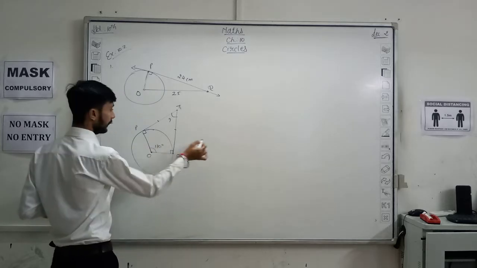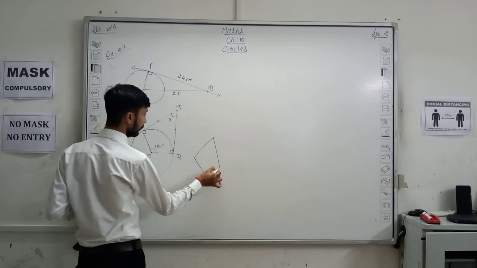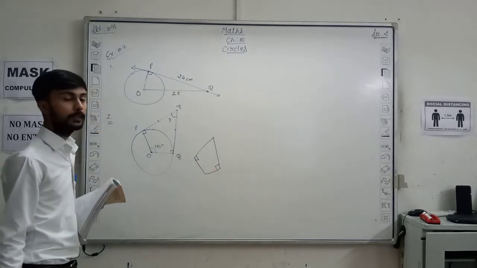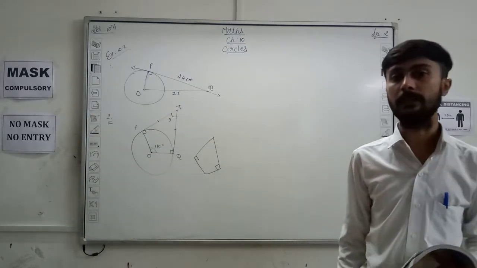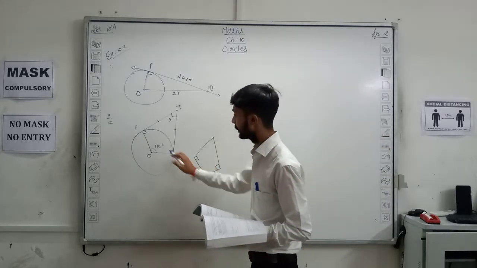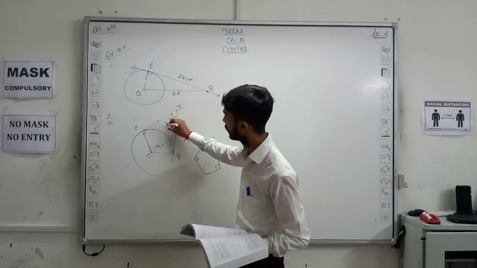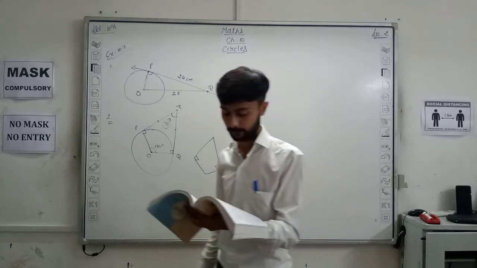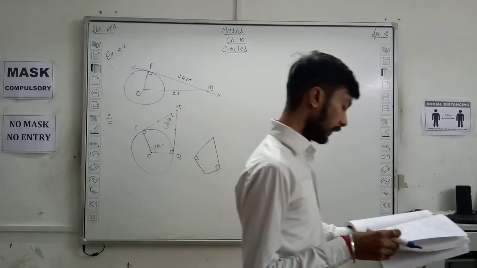So you can see which shape is formed: a quadrilateral, and we know that the sum of all angles in a quadrilateral is 360 degrees. So these are 90 and 90, making 180 degrees, and 110. So this one is 70 degrees, right? Now number 3, you can also do it, that is also easy.